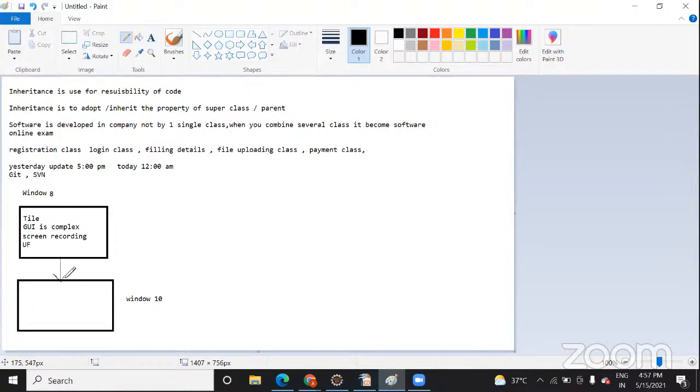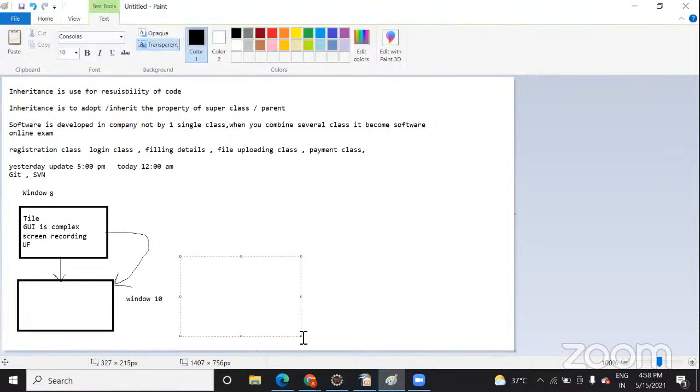Inheritance provides you the reusability of all the functions and modules it has. Whatever is missing, you add in this class, and whatever is already present, you use it.